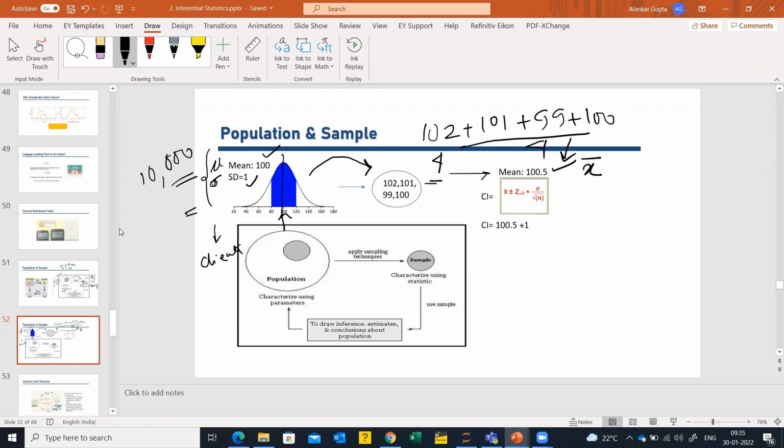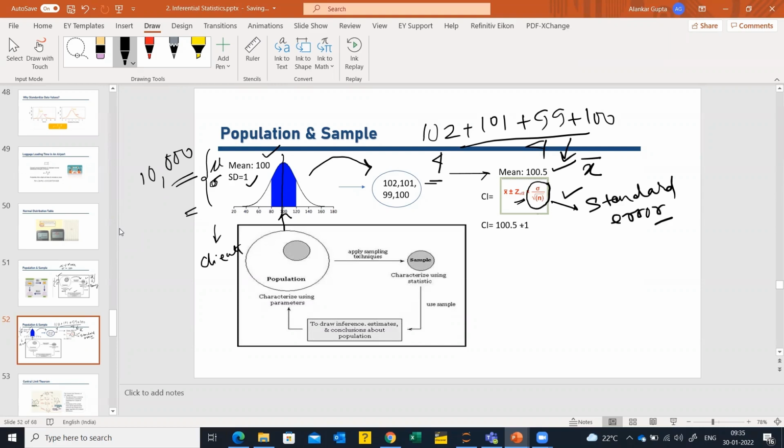For now, understand that this is the formula for confidence interval, which is X bar plus minus Z alpha by 2 into sigma by root n. We'll come back to this when we look into the central limit theorem, and you will understand this formula. What it does is it basically adds to your mean a Z score, which you will get, and sigma by root n, which we call standard error. So this portion is called standard error.